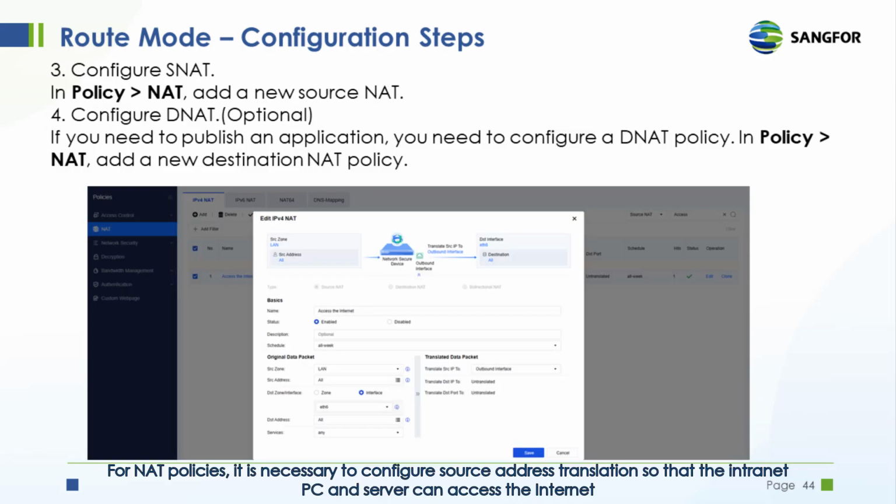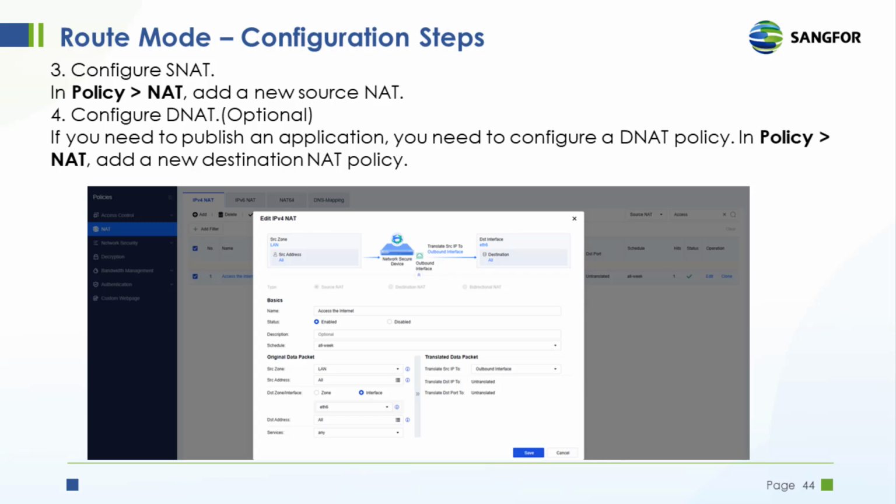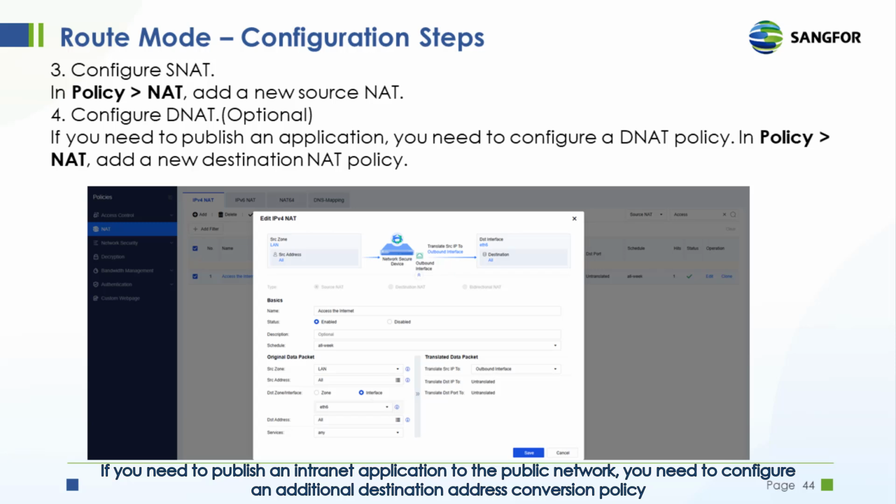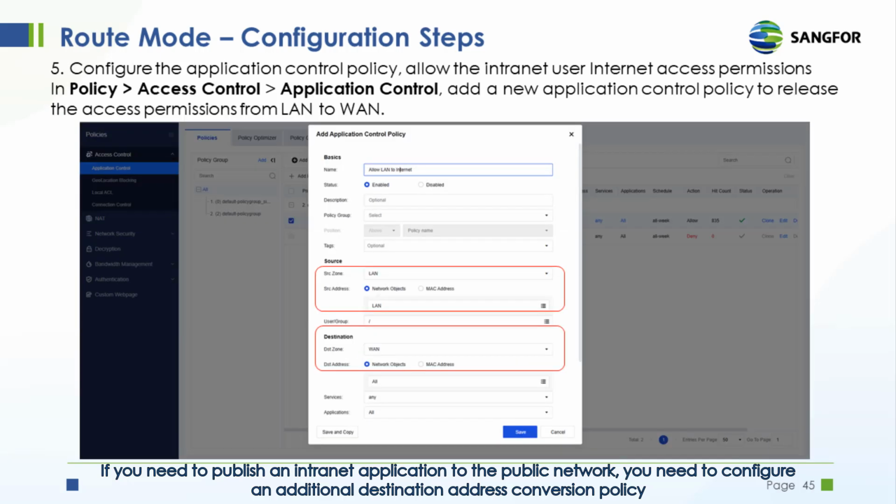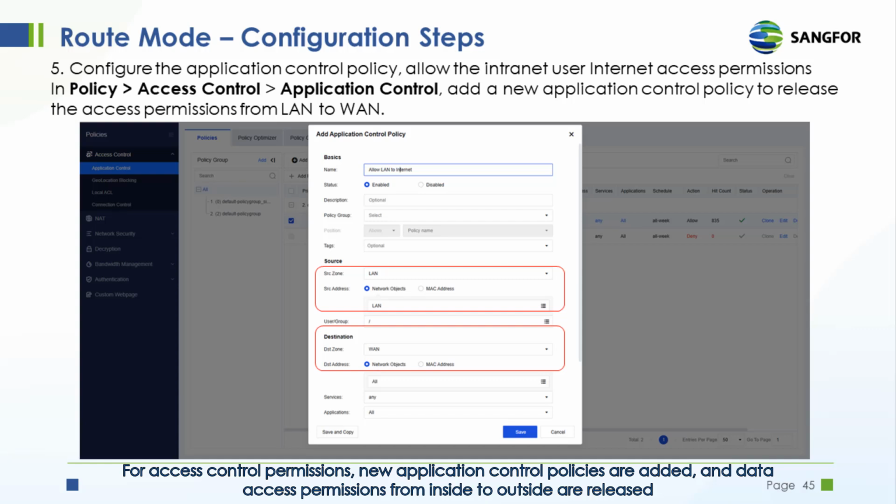For NAT policies, it is necessary to configure source address translation so that the intranet PC and server can access the internet. If you need to publish an intranet application to the public network, you need to configure an additional destination address translation policy. For access control permissions, new application control policies are added, and data access permissions from inside